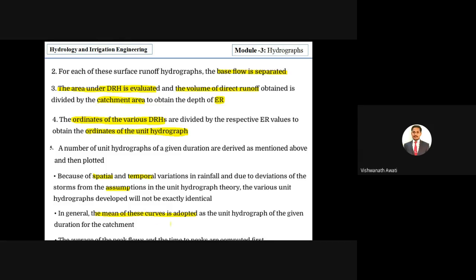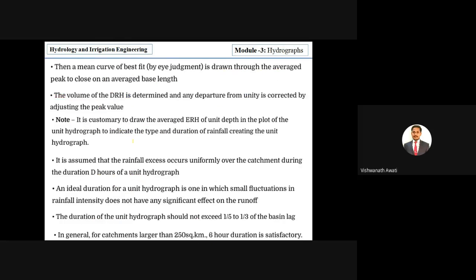Then the average of peak flow and the time to peaks are computed first. So here, the peak flow and time to the peak flow are computed first, right? Then the mean curve of best fit, when we are not getting an identical unit hydrograph, is drawn by eye judgment. Then the volume of direct runoff is determined, and any departure from unity is corrected by adjusting